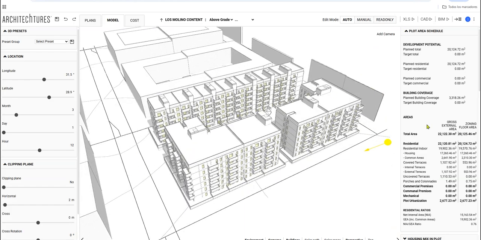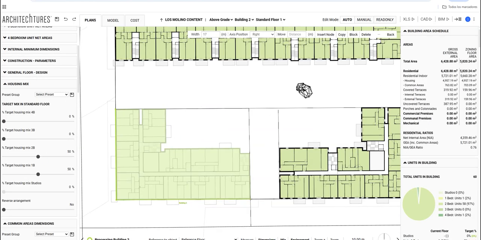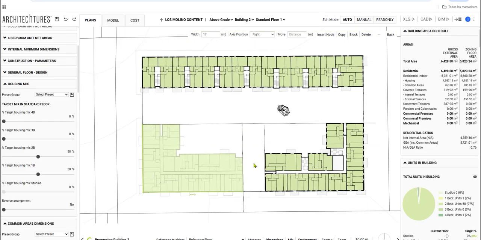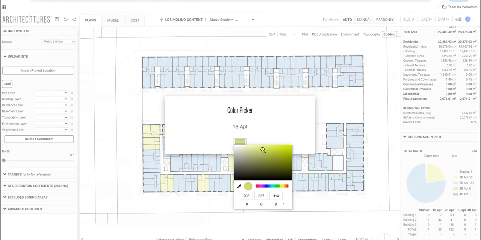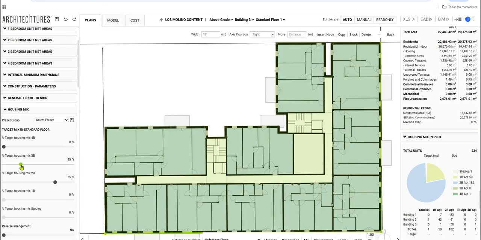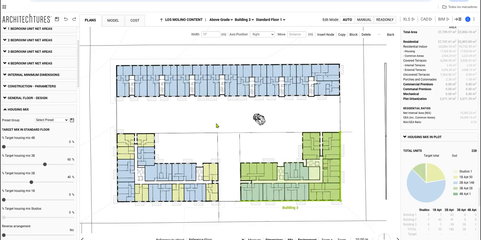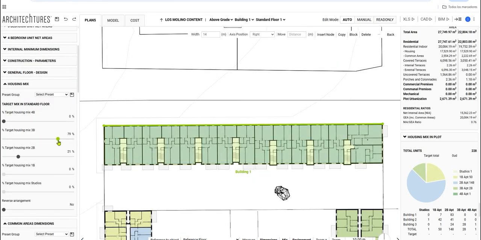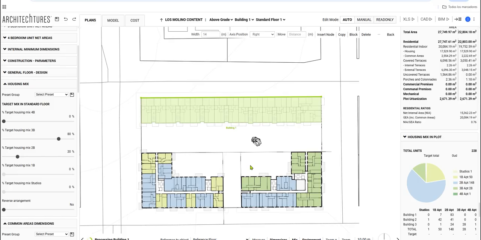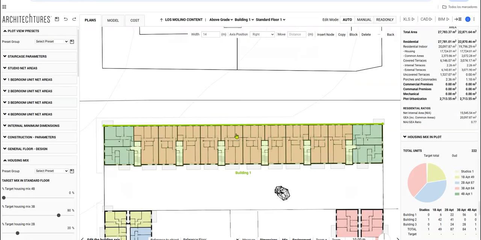Once the building layout on the plot is finalized, we proceed to refine the product mix, making variations across the 3 blocks to achieve the desired percentage distribution of dwelling types. For greater visual clarity, we can customize the color shading of each unit typology. In this case, 1-bedroom units are highlighted in yellow, while 2-bedroom and 3-bedroom units are shown in blue and red,